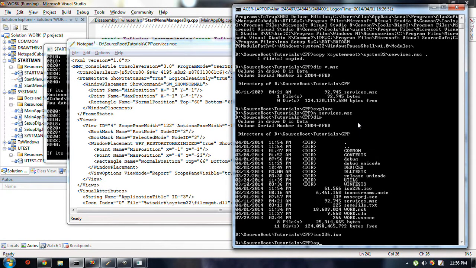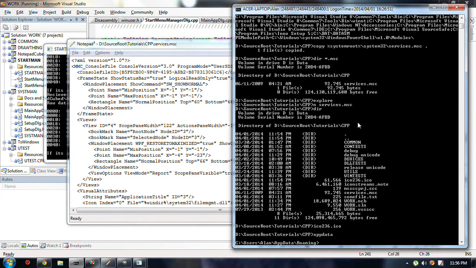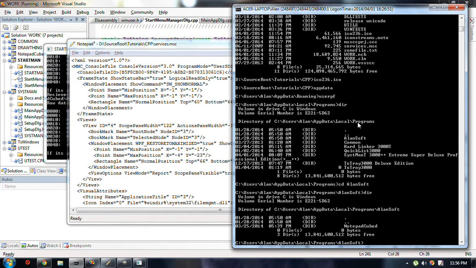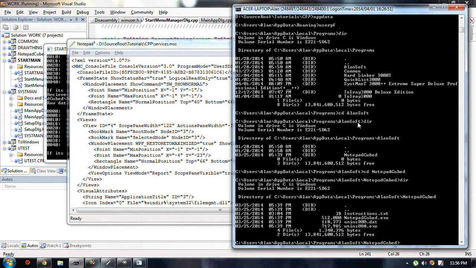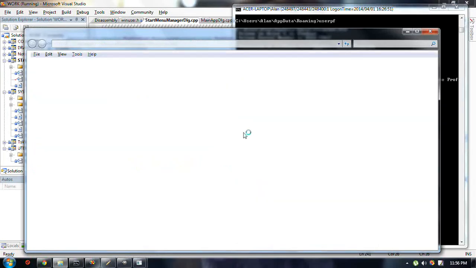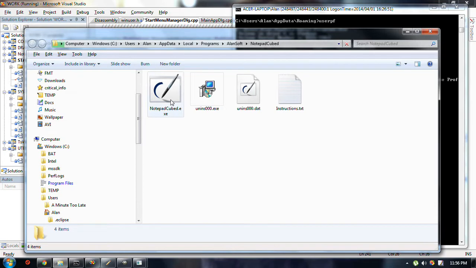User app. Okay. User PM. You'll see that this program, Notepad Cube, although in a large icon view it's this icon, and if you look at it in the small icon view,